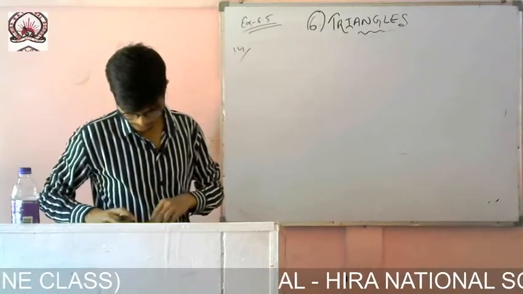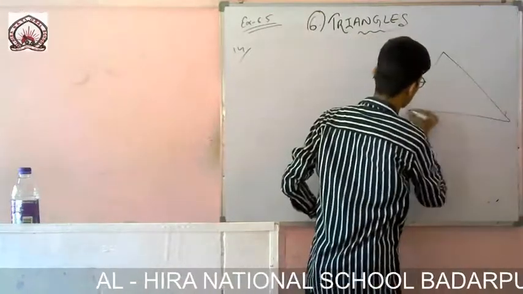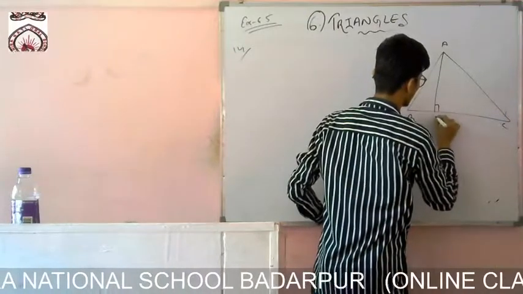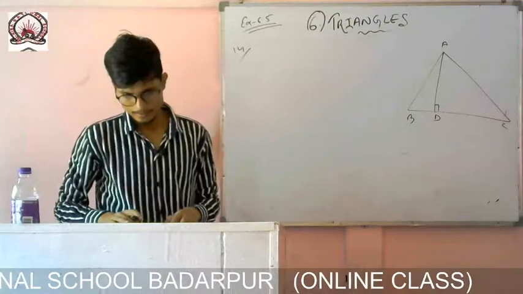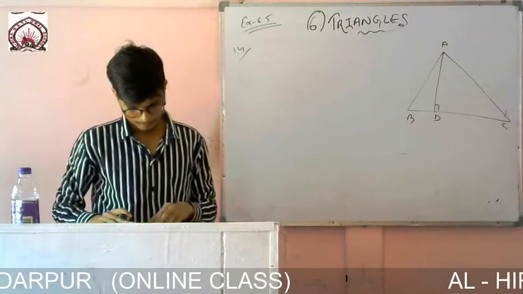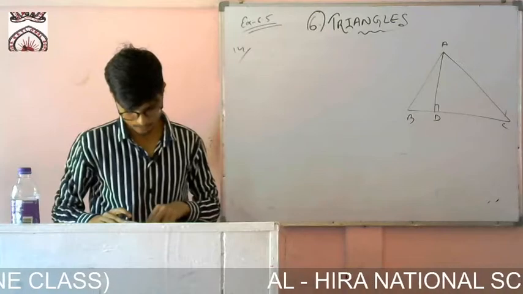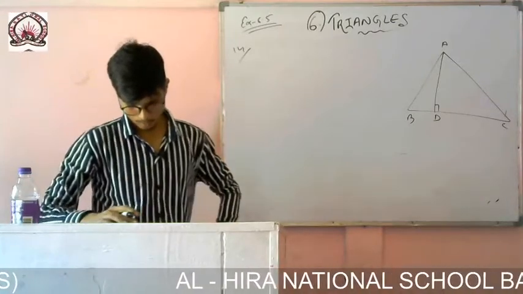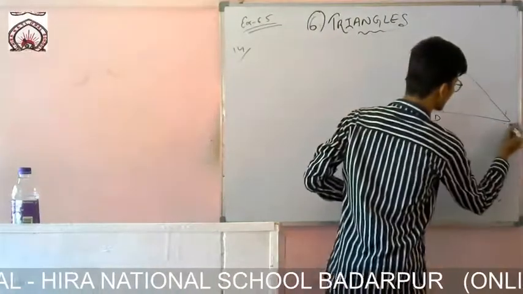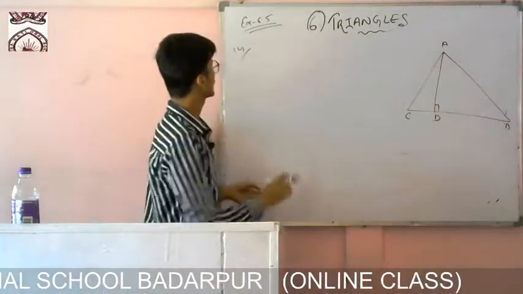The perpendicular from A on side BC is given. So let me draw a triangle like this. AD is perpendicular on side BC, it is given, and DB is given equal to 3 CD, and you have to prove that twice AB square is equal to twice AC square plus twice BC square. Okay, no problem. Just one thing you do, you give here B and there you give C. It will be okay.